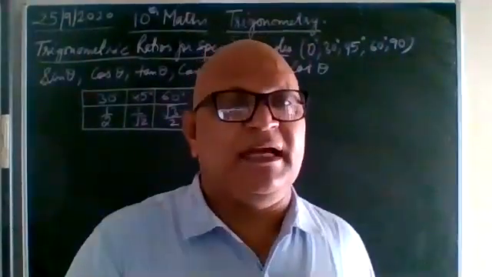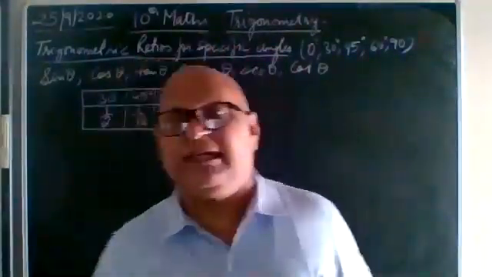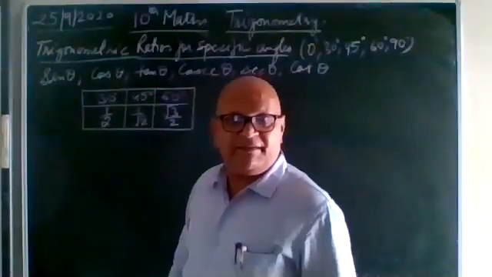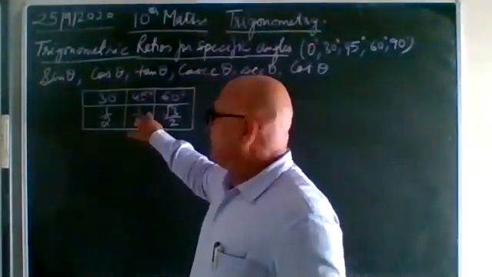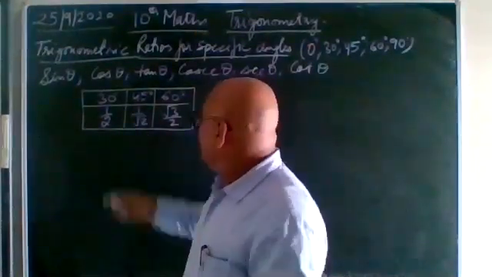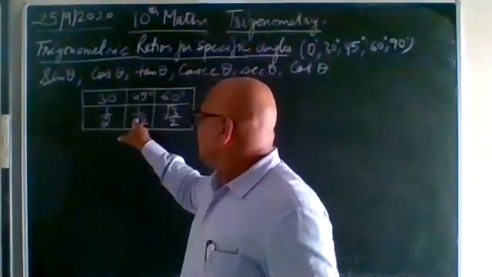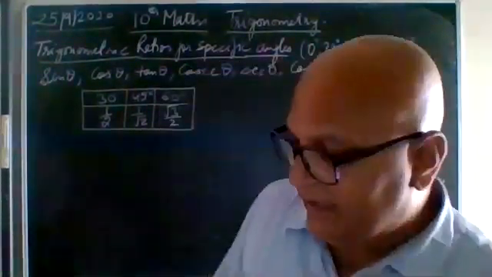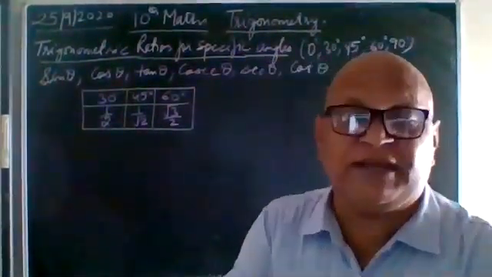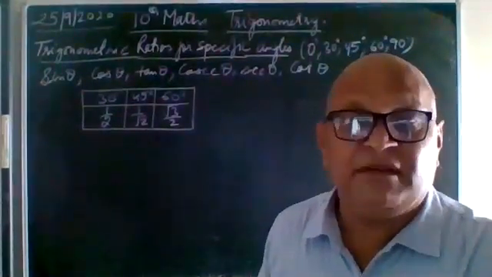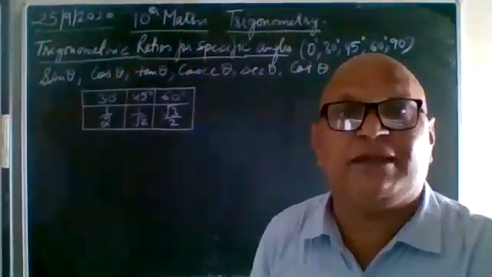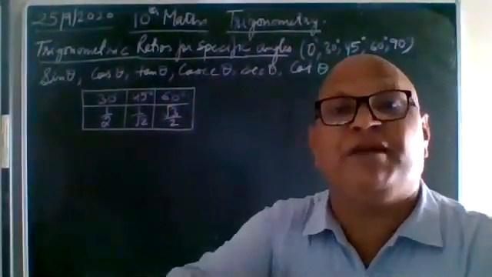Yes, sin theta, cos theta, tan. So when I say 45 degree, sin 45 degree is 1/√2. So this is the value. If I say cosec 45, what is in your mind is, sir, what is cosec 45? It is the reciprocal of sin theta. So sin 45 is 1/√2. So cosec 45 will be what?